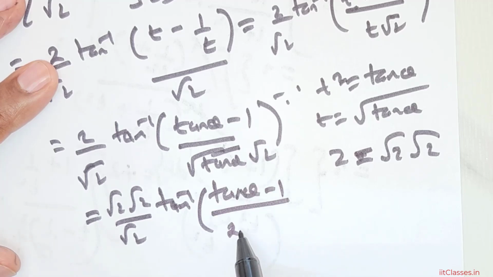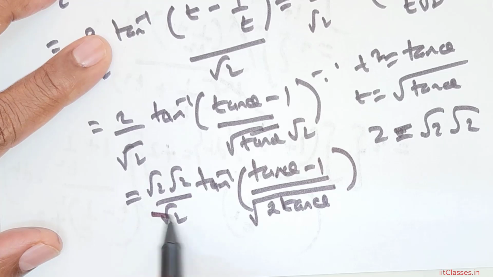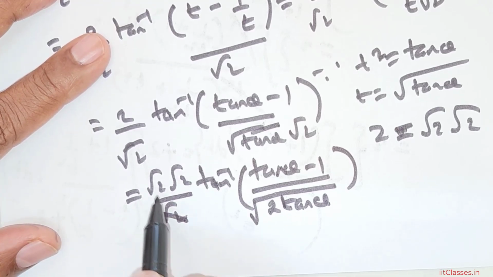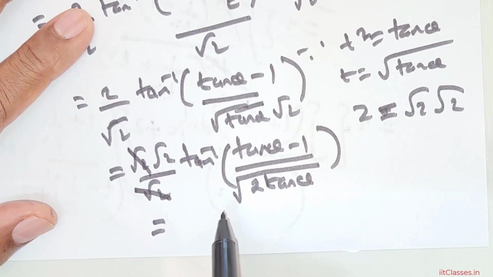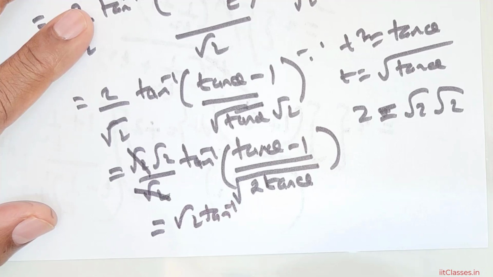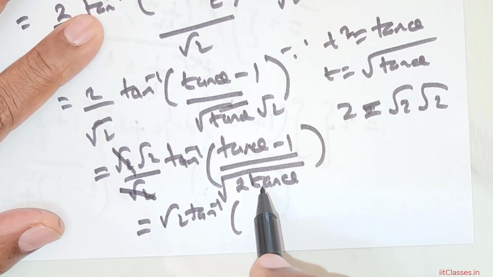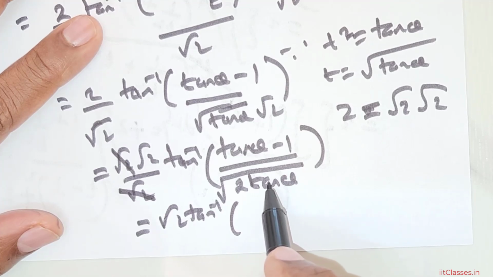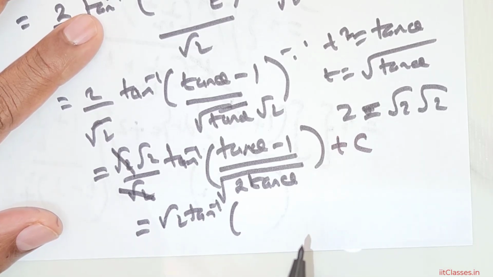I can rewrite this as 2 times the whole component taken to be a square root embedded in. So root 2 gets cancelled. So you can rewrite the component in this following fashion. So this is equal to root 2 times tan inverse of, now you see here you have a root 2. Now you can very well stop here. There is no harm in stopping here, but